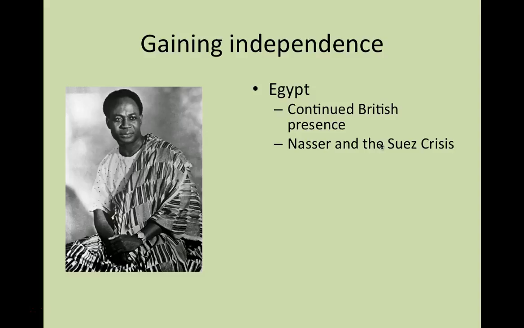That's going to get worse later, as we'll see if a student gives a presentation on Egypt. But this prompted a military invasion by mostly Israeli troops into Egypt, which erupted into an international scandal, and Britain and France really lost a lot of face, and the Israeli troops withdrew from Egypt and left Nasser in charge